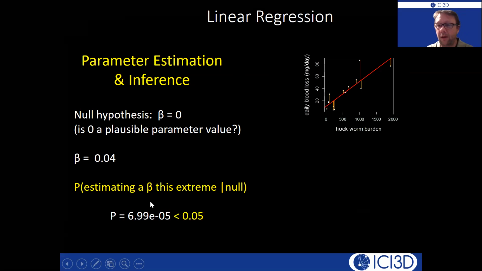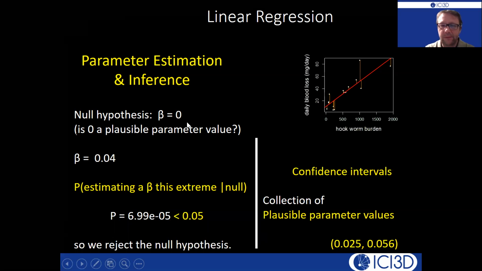Here it's very, very small. Small p-values are evidence against a null hypothesis. So what we conclude is, these data are not consistent with the null hypothesis, and we would end up rejecting the null hypothesis. So this is all statistics 101, but